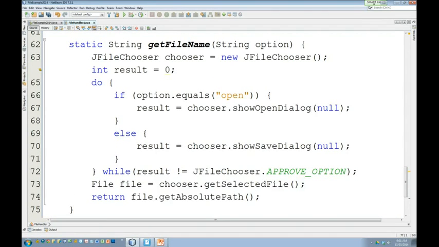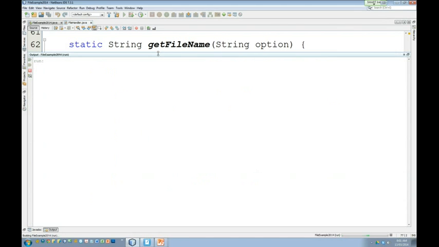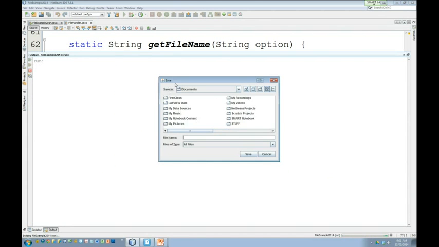So I want to show you how it runs. I'm going to run this, click play. Notice how right now it's saying, where do I want to save this? So I'm going to select, for example, the desktop. And I'm going to put a file there. I'm just going to call it poem